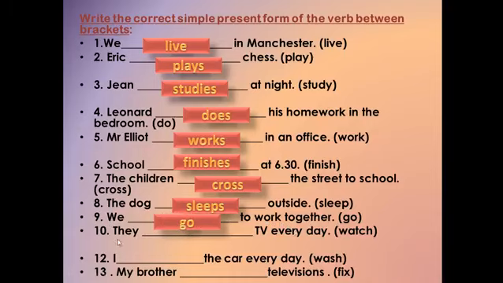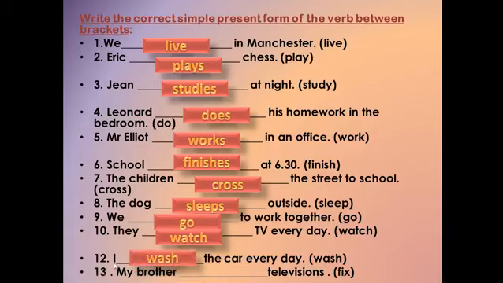Okay, number 10. They TV every day, and I have watch. Of course, here I have a keyword every. They watch TV every day. Why watch? Because my subject here is a they, so the verb in the present simple stays as it is. They watch TV every day. This is a habit, so I use the present simple.